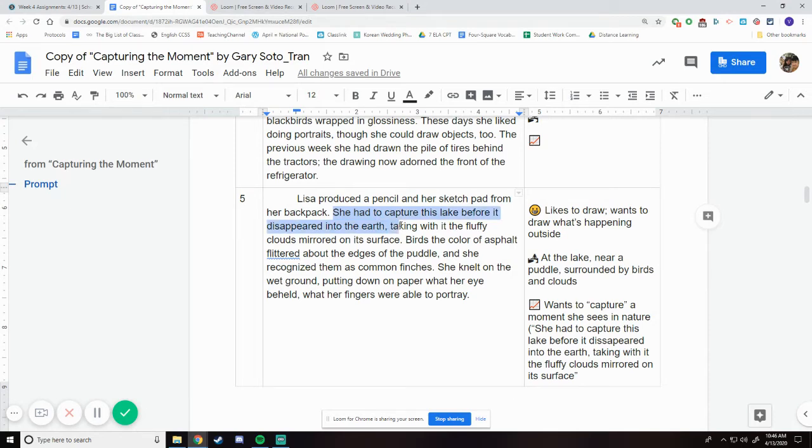She had to capture this lake before it disappeared into the earth, taking with it its fluffy clouds mirrored on